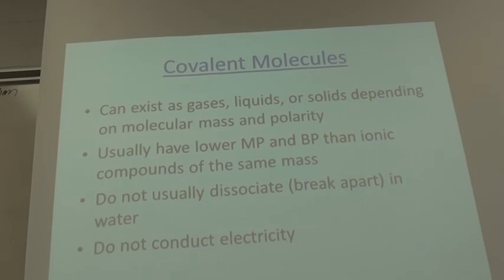CO2 is a gas, carbon dioxide, bromine, a